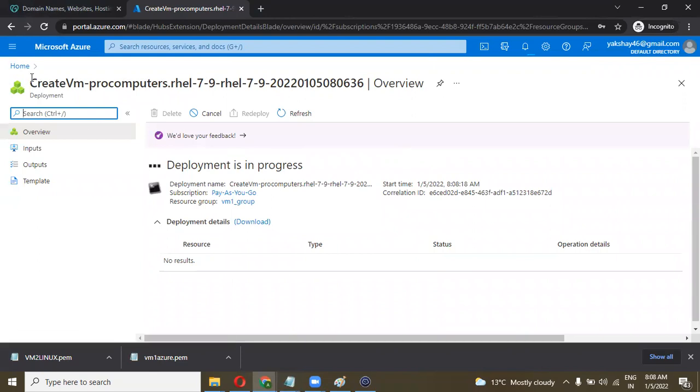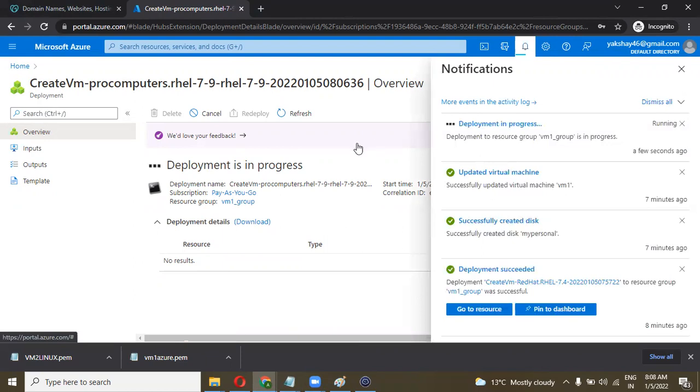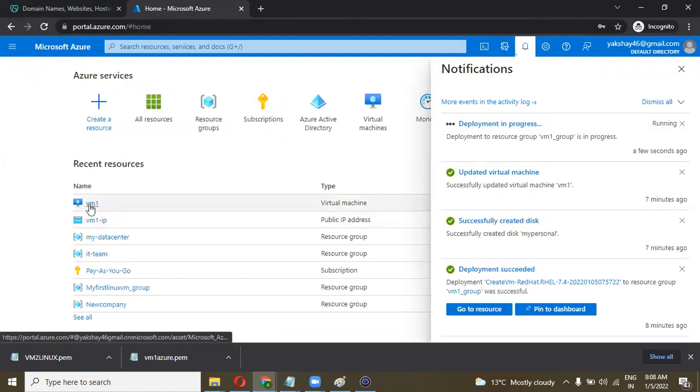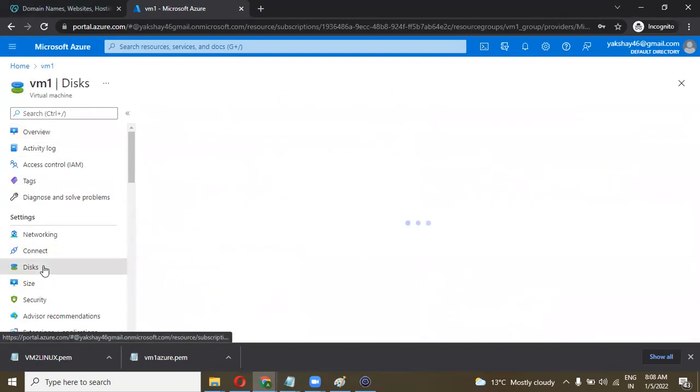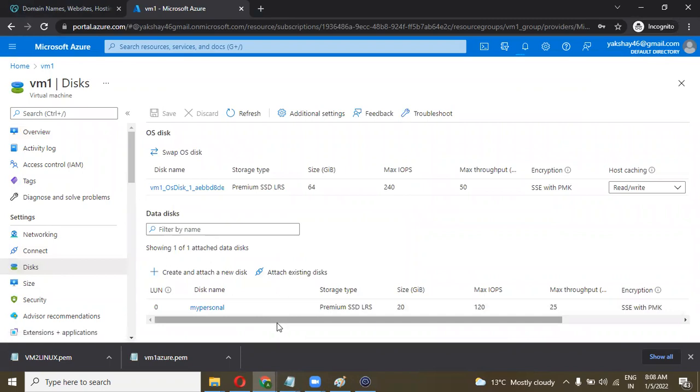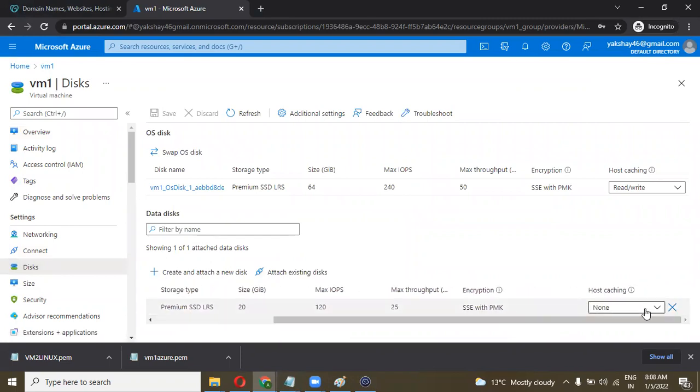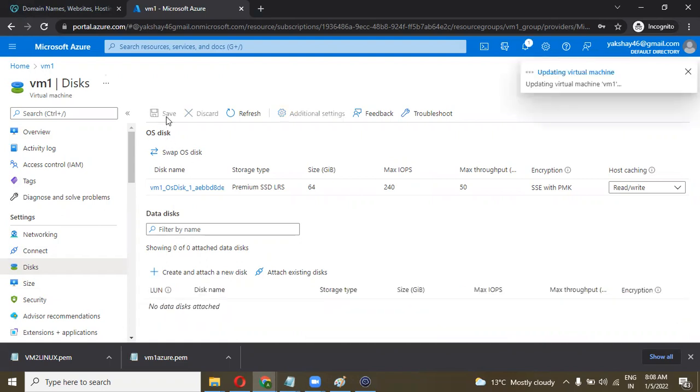Till then we can detach this disk from virtual machine 1. So go to virtual machine 1, select the disk, and detach this personal disk over here, cross check, detach and save.